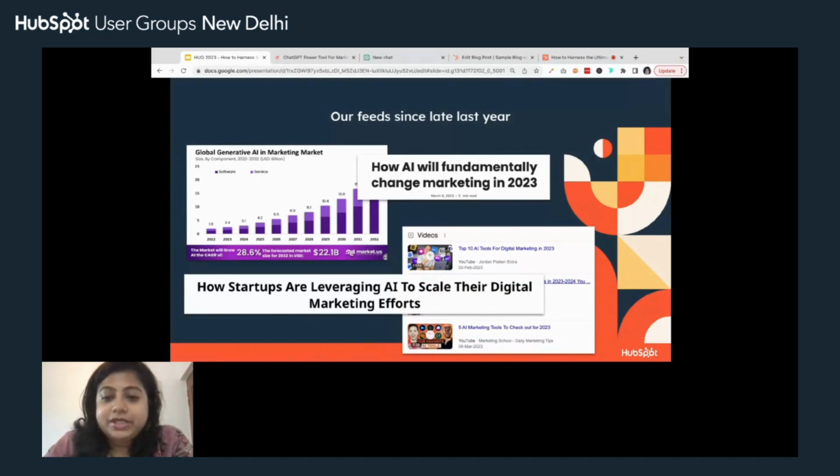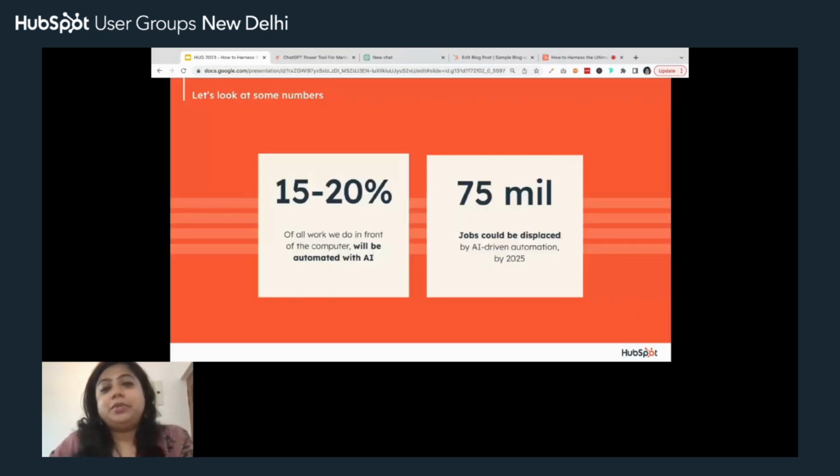Obviously, the worry has been that it's coming for our jobs. What will we do if AI can do everything that we do? I just wanted to touch upon that a little bit. A few of the numbers that are coming out are that in the future, 15 to 20% of all the work that we do in front of a computer will be automated by AI. 75 million jobs could be displaced by AI-driven automation.